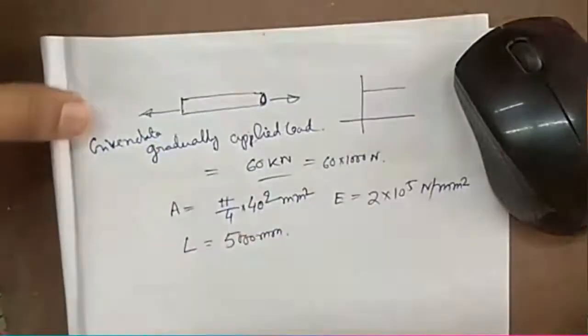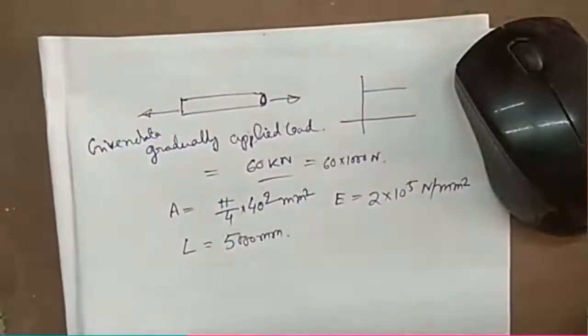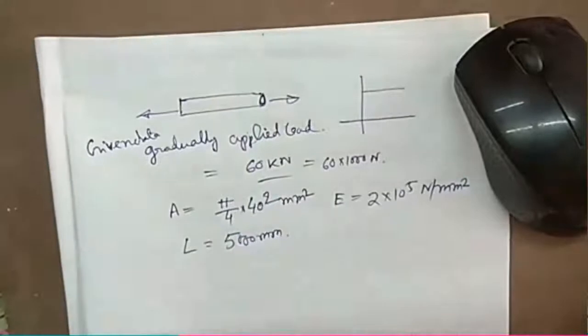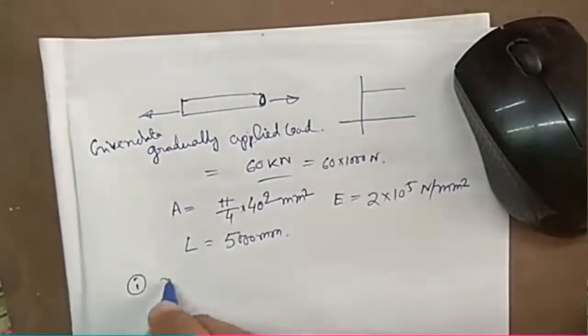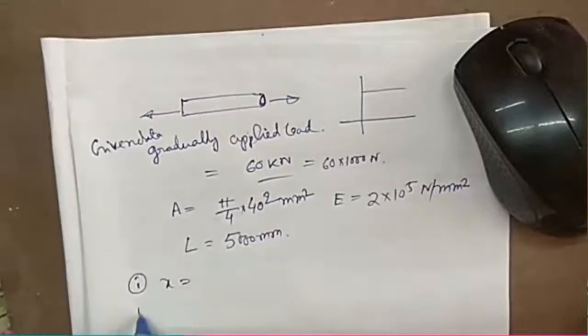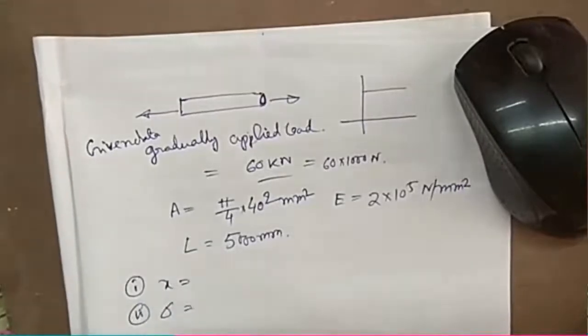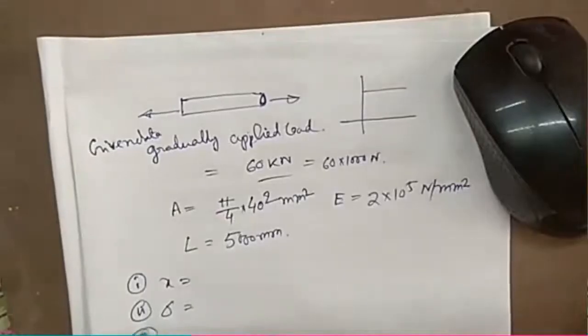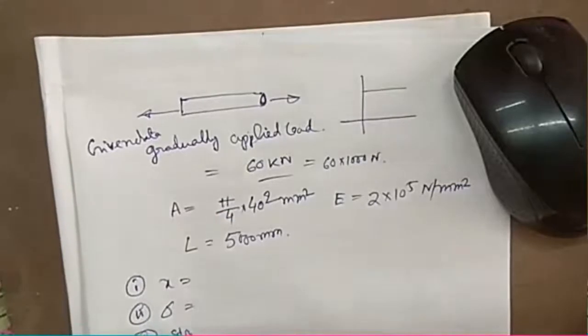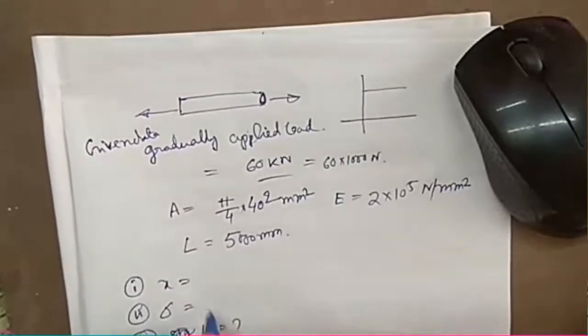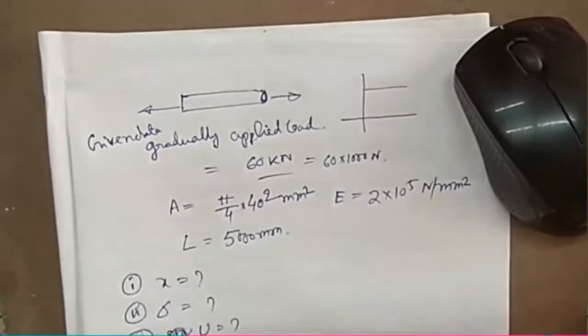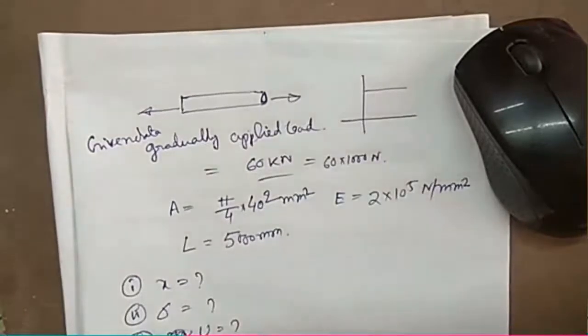Now the problem is transparent to us. We have to find out the stretch in the rod, that means x. We need to find out the stress in the rod, and number 3, the strain energy absorbed, what is U. These 3 things are to be found out. Okay,